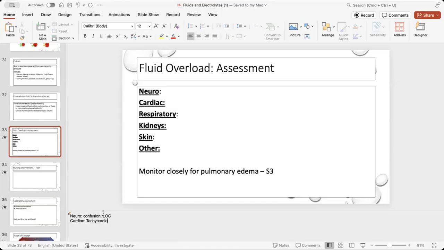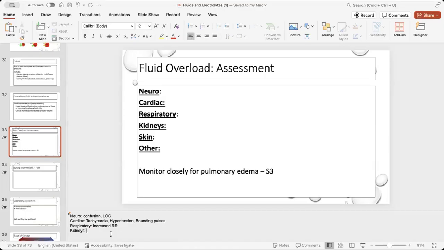What happens to my blood pressure? Also high. It's elevated, right? I have more blood volume. If I have more blood volume, my blood pressure is gonna be elevated. Again, it has to pump it through. What's my respiration rate gonna be? Higher, right? Again, I also have to help get that extra fluid through. Breathing more, get all that extra fluid through, okay? What about my pulses? Bounding, easy to palpate, bounding, okay?